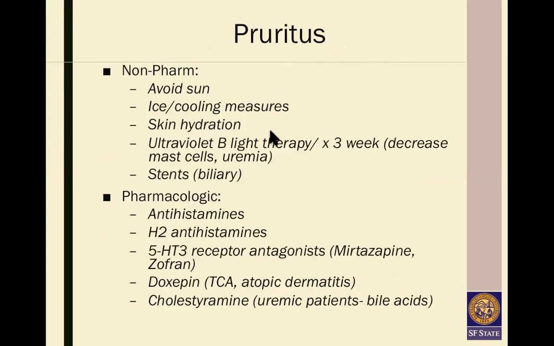Non-pharmacologic ways to treat it are avoiding the sun, using ice or cooling measures, and skin hydration. Sometimes ultraviolet B light can be helpful. Of course, that wouldn't necessarily be done in the hospital setting; they could do that outpatient. You do it 3 times a week, and it helps decrease the mast cells that are accumulating, and then it